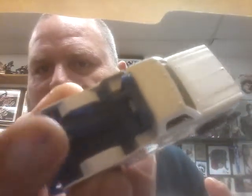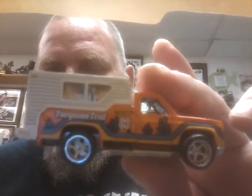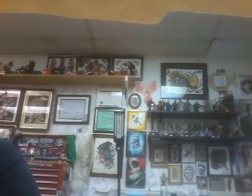But basically, if you take the shell off of this, it's almost the same as this guy, only this has metal wheel wells, whereas this one has plastic like a little table in it. But I thought that made that truck look a lot better than the damn lame ass turquoise camper top. Who has a turquoise camper top? But anyway,